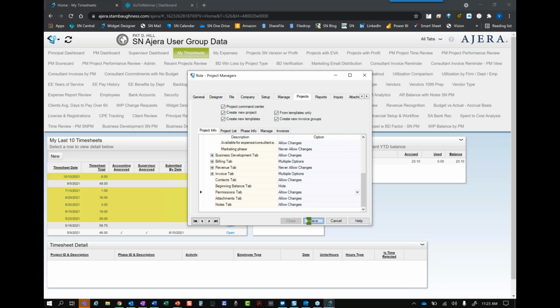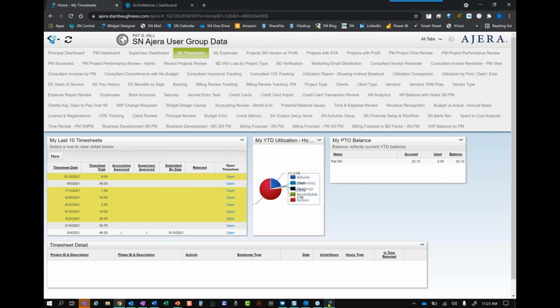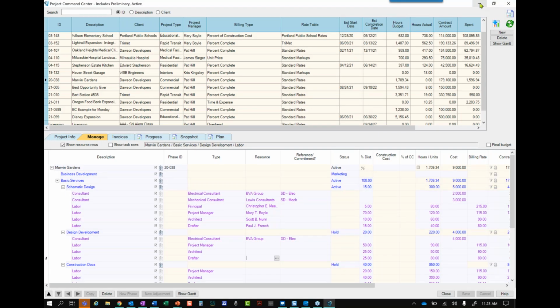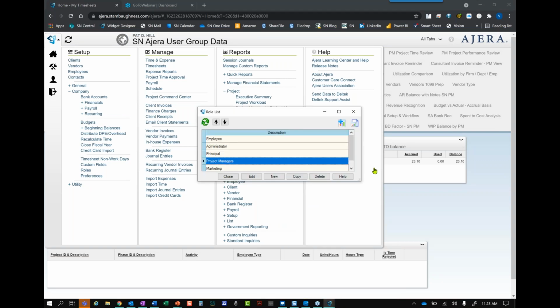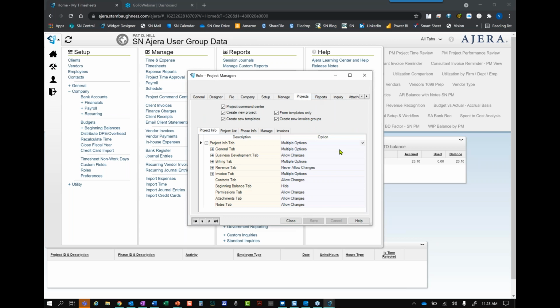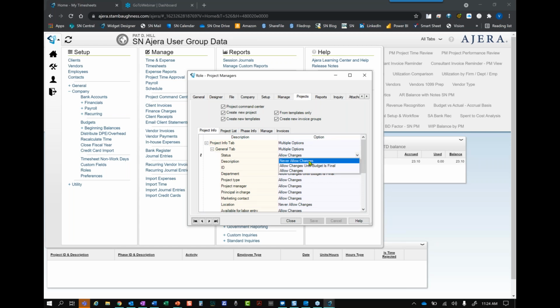So I know we've only got a few minutes left here. I do want to quickly log in as a PM, because I want to show you one more thing, which I forgot to show you in the security role. So when we're looking at the project access, this is the most complicated piece of the role, because literally you make a decision on every field in the project command center as to, can people touch it? And if so, we have the option of locking them down. So like, people can never change this field.